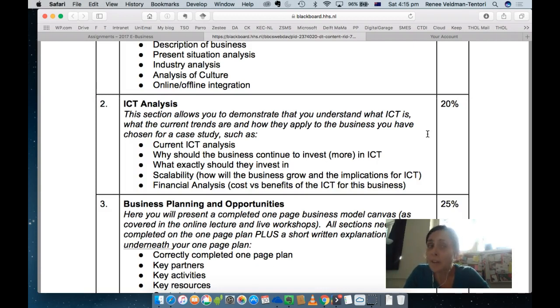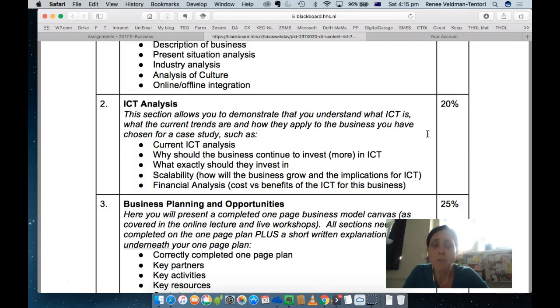And then the financial analysis. You do not have to do a complete financial analysis for the entire business, but we're talking here about ICT. What is the business spending on ICT, do you think? We understand you may have to make some estimates here. I've talked in some online lectures about what it costs to run a website and social media. This is one part of ICT, and you may have some others.